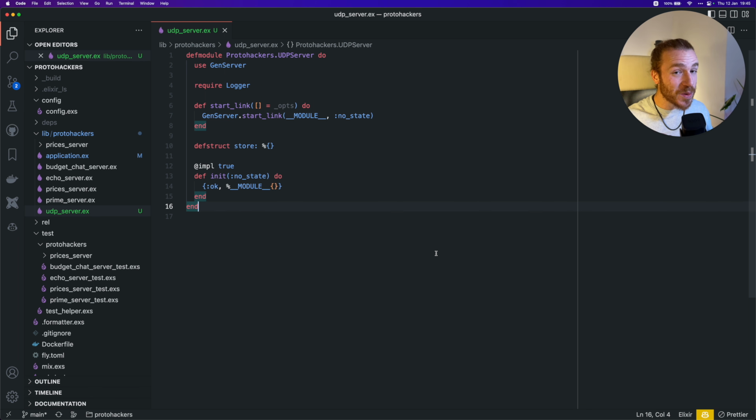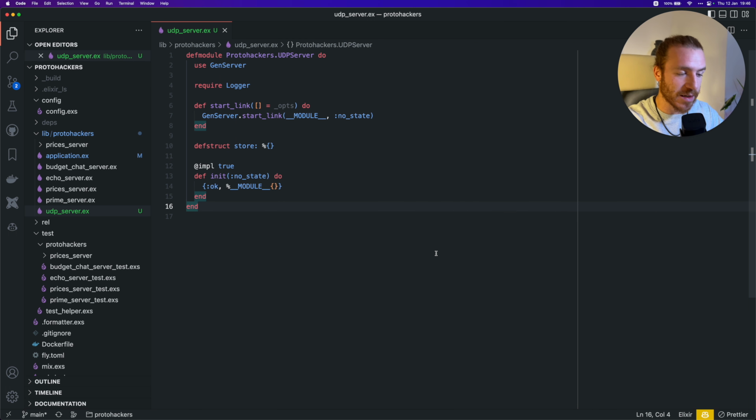If you want to connect to a UDP server as a client, then you just open a socket on a port and then send data to the address of that server. And if you want to be a server, you just receive data instead. So we're going to see both sides. We're going to see the server side here, and we're going to see the client side in tests.